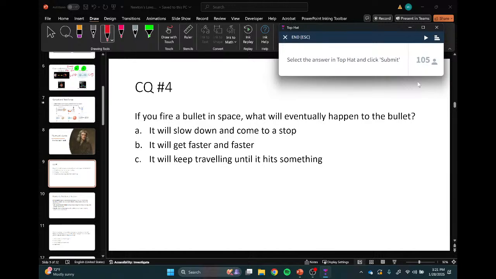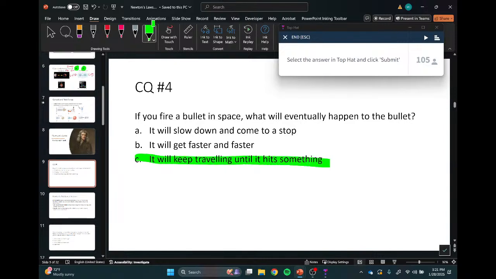You take your foot off the gas, things stop. Why? Why is it when you take your foot off the gas, your car eventually stops? Friction, air resistance. Great. We're in space. Does any of that exist? Nah. So you get rid of that, and it shouldn't stop. If that's the reason it stops, and you get rid of it, it should no longer stop. And that's the answer. It will go forever at a constant velocity.